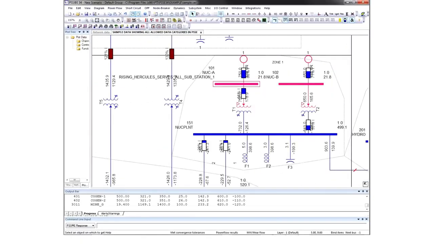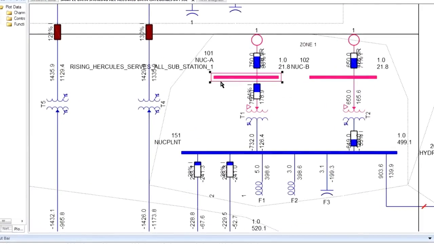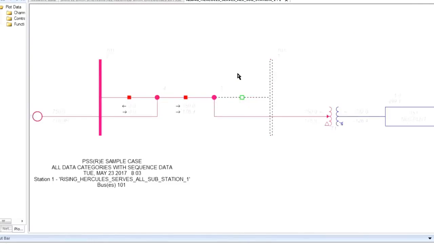PSSE also has a node breaker topology processor engine, so any bus can be associated with a node breaker substation model with lower-level topology details. Let's drill down deeper into this bus. You can interact with this diagram by opening and closing breakers rather than just opening and closing branches or lines